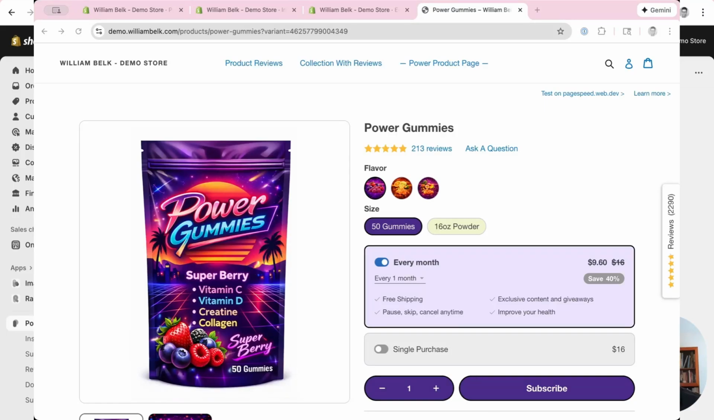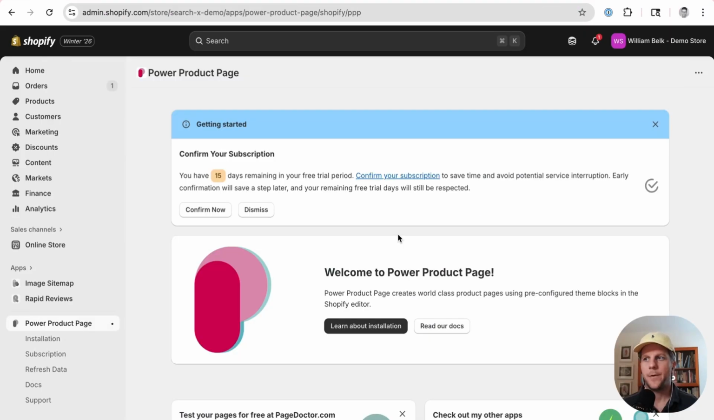So we've installed Power Product Page from the Shopify App Store, and then we're going to go through a quick setup and configuration. And so the reason I built Power Product Page is to create the fastest and highest performance